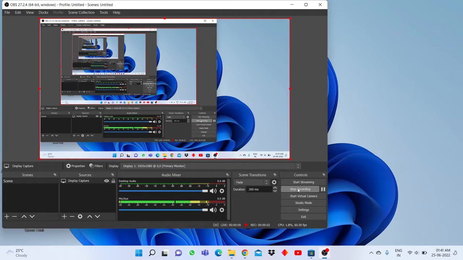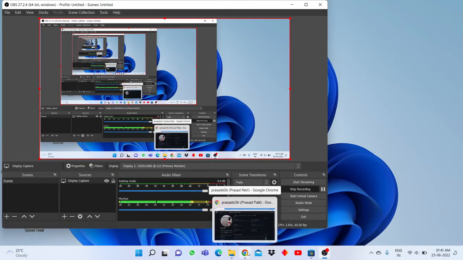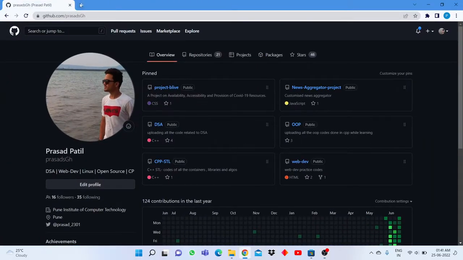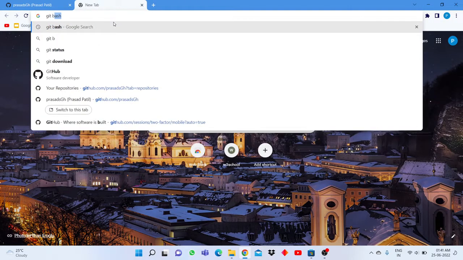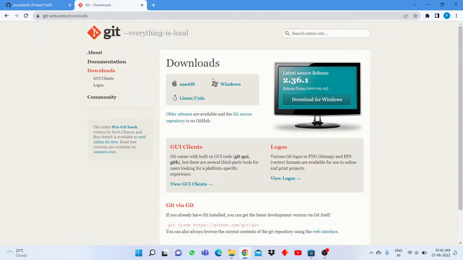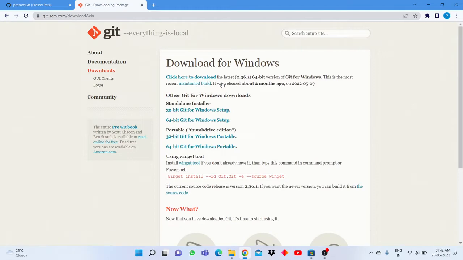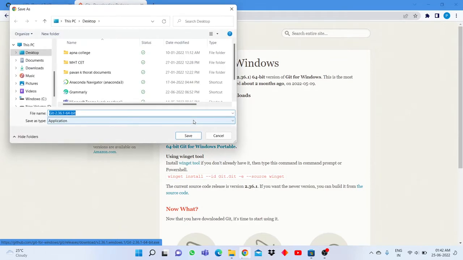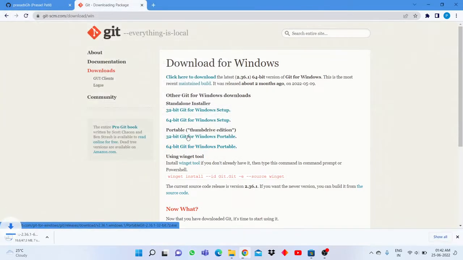So hello everyone, now we will see how to deploy our project through Windows OS. So first of all, you have to Google and download Git Bash for Windows. But check whether yours is 32 or 64 bit. I have 64 bit, so I will be downloading 64 bit. Okay, so you see it's downloading, and after downloading, just have to